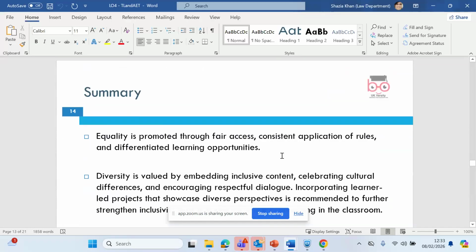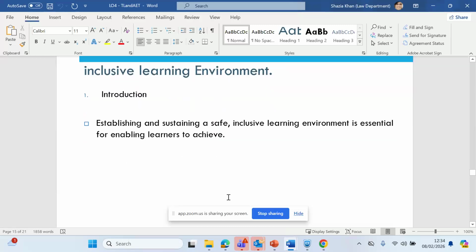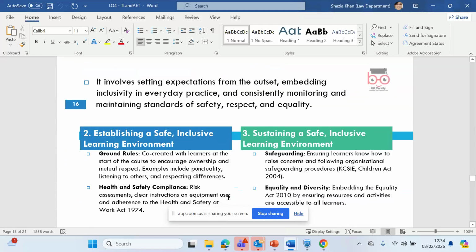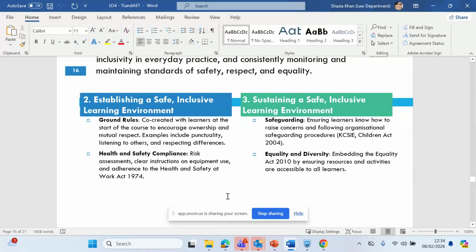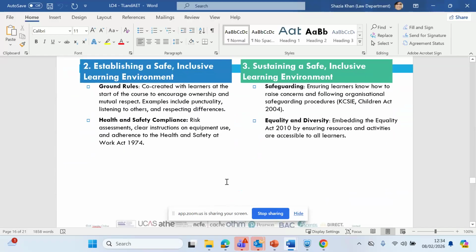So promoting that in class is really important, equality and diversity. 4.3, establish or sustain a safe working inclusive environment. It's established to make sure that everything is inclusive from the start and it's safe and respected and equality. So establishing this learning environment,